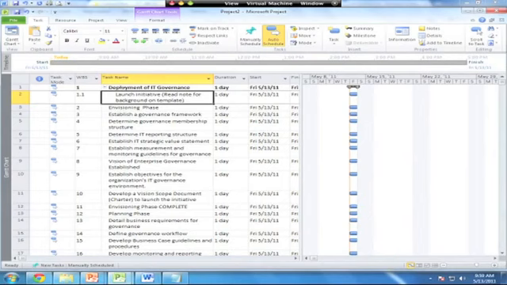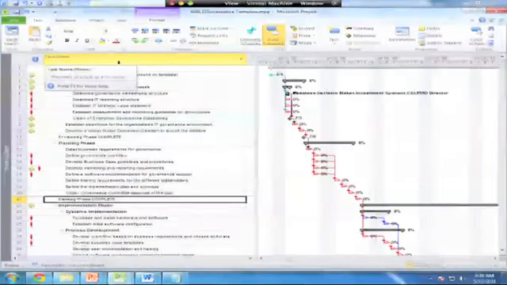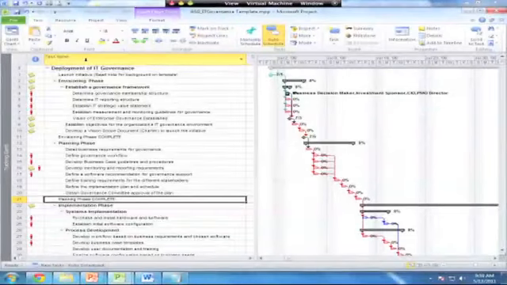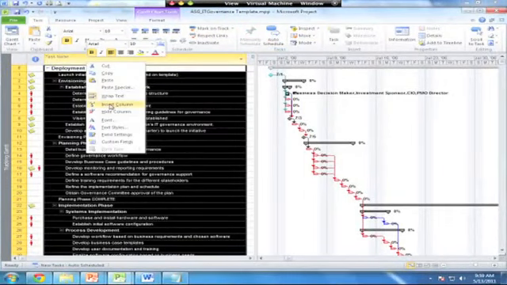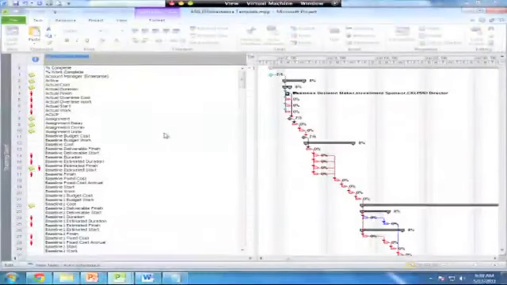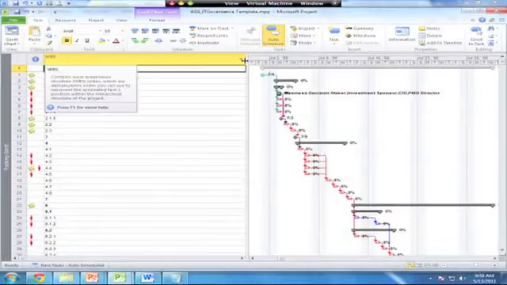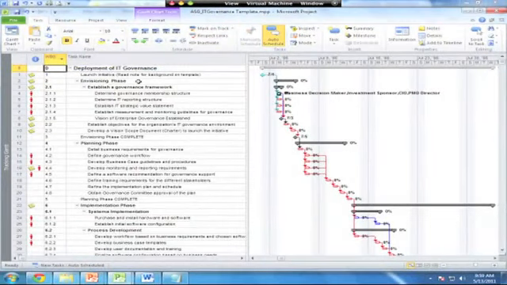You'll notice it makes this top task a summary task for all the tasks down below it. So first thing I'm going to do is let's go back and look at our template for a minute. We can see how the first task became a subtask, and I'm not showing the WBS view here. I'll insert that column here as well, just to show. Now we've got an overall project that's numbered at 0, and everything else falls in line underneath